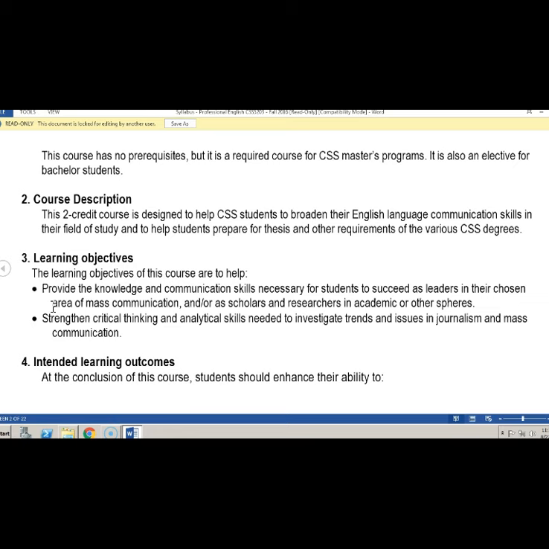I've been teaching a form of this class. They keep changing the name and changing the students. At first, I taught it to journalism students. Then I actually taught it to just economics students. They wanted to have us teach them because they didn't have anybody in their department that would teach them, I guess. Didn't want to teach them English, professional English. And then last year, there were actually two courses combined. One was designed for journalism students and one for everybody else in CSS.